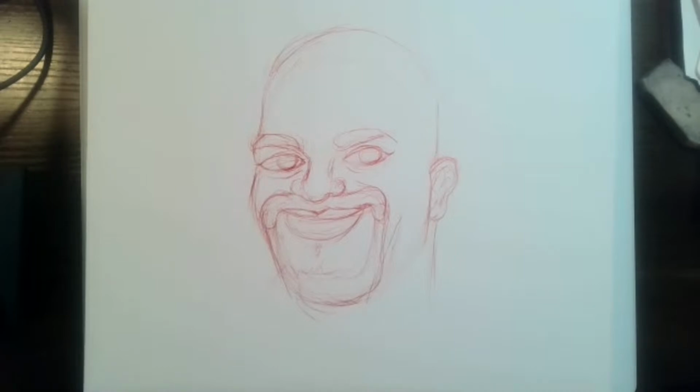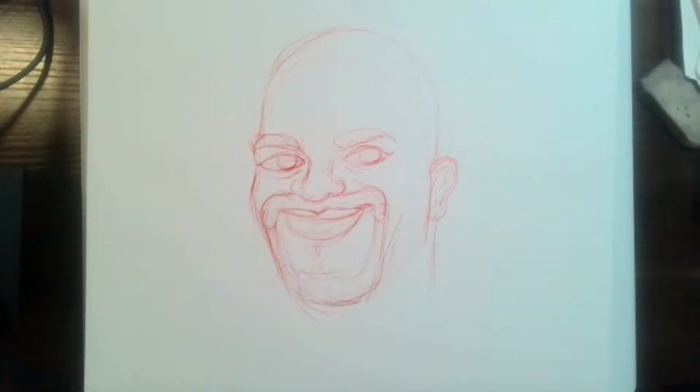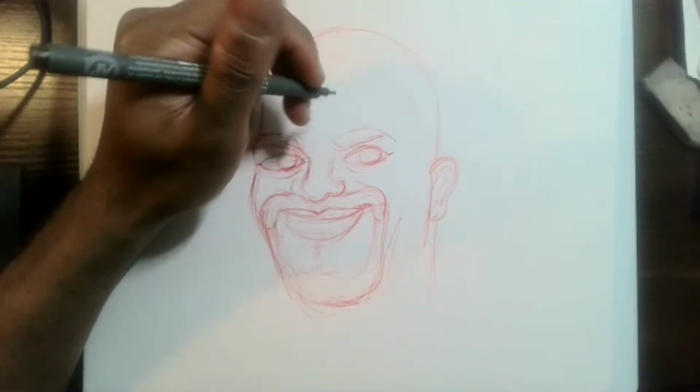I think I'll use a different pen for once. I'm going to use this pen right here. It's a little thick, but I think it'll be perfect for what I'm doing since these characters are usually fairly quick.